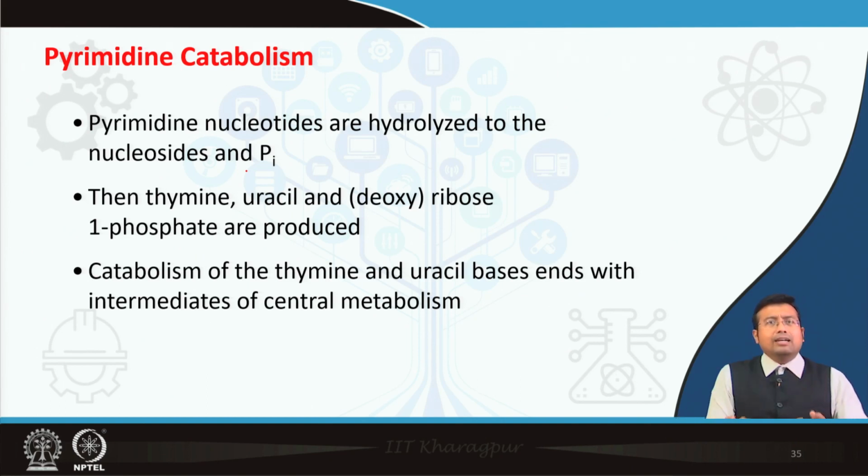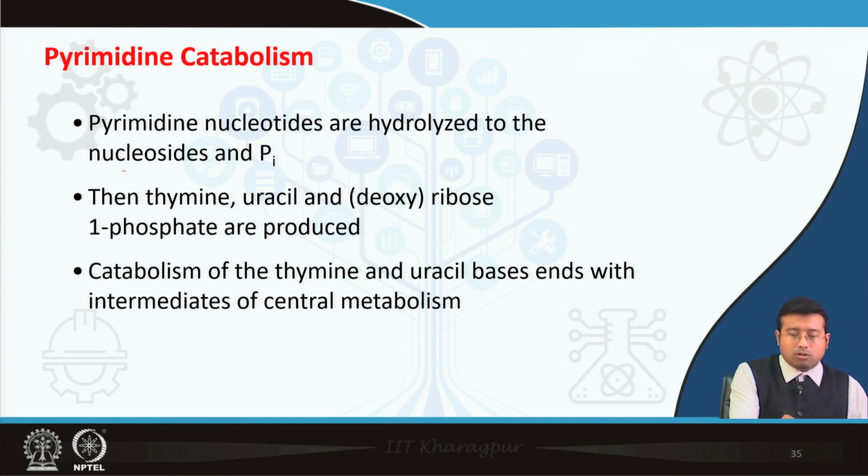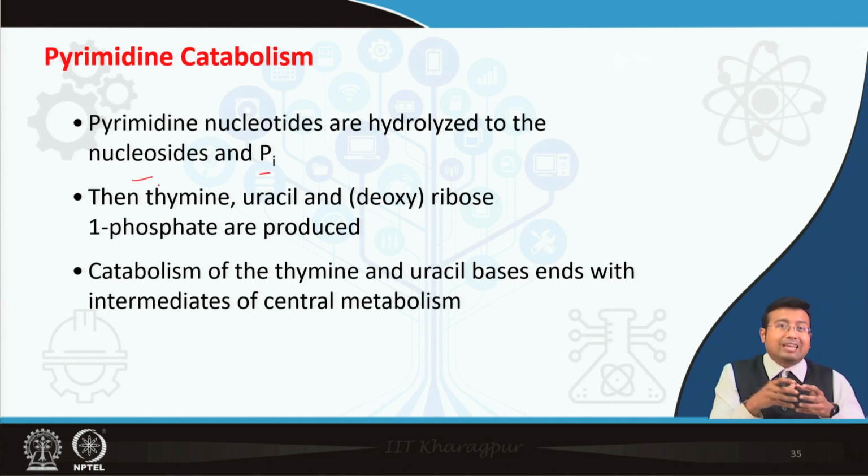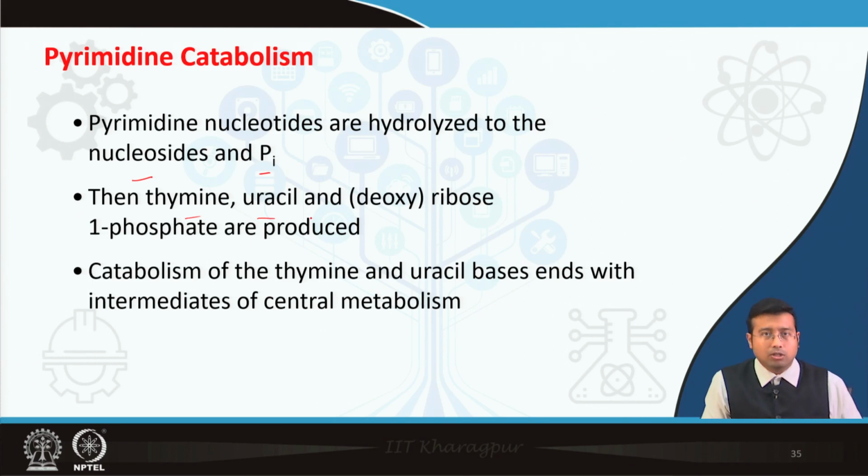So, pyrimidine nucleotides are hydrolyzed, just as we discussed, no exception to purines, to their nucleosides and inorganic phosphates. Nucleoside means ribose and nitrogenous base, okay, and once we detach the phosphate, the nucleotide becomes a nucleoside. On further degradation, the individual nitrogenous bases, thymine and uracil, will be produced. Our goal is to determine how these thymine and uracil bases are degraded, and upon degradation they will produce